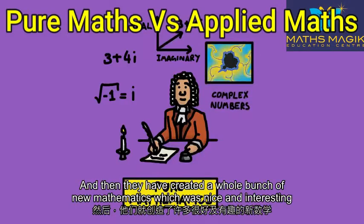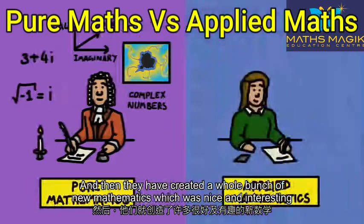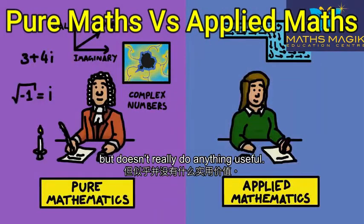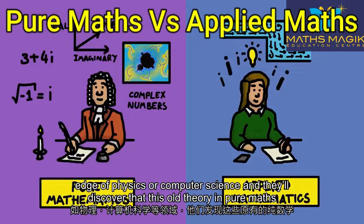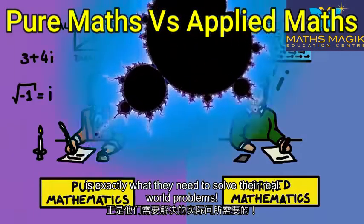And then they've created a whole bunch of new mathematics, which is nice and interesting, but it doesn't really do anything useful. But then, say, 100 years later, someone will be working on some problem at the cutting edge of physics or computer science, and they'll discover that this old theory in pure maths is exactly what they need to